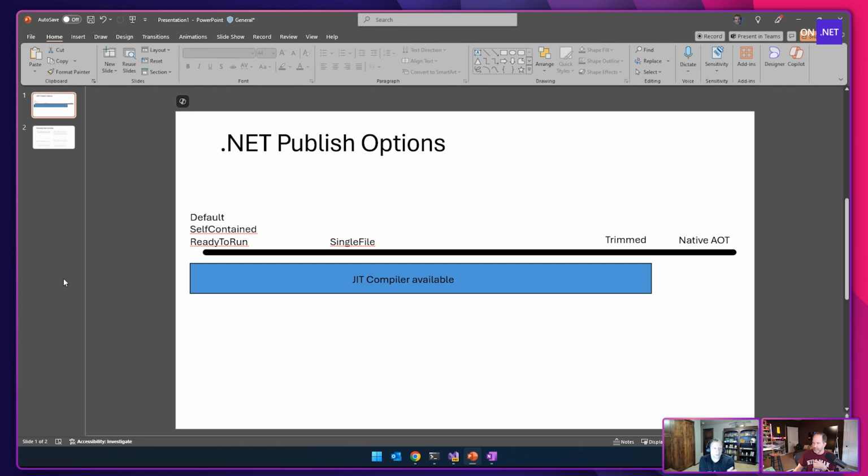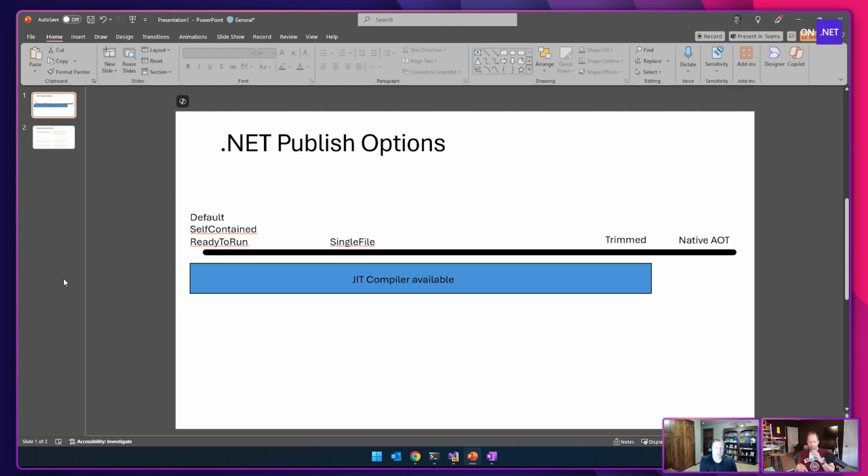And then we were talking about AOT. There's a form of AOT called ready to run, which will take your IL code and, next to it in the same DLL, put the machine code as well. So with all three of those publish options, you can do anything in .NET, right? So that's kind of the left side of the slider here. And as you move further over to the right, there are more restrictions on what you can do.